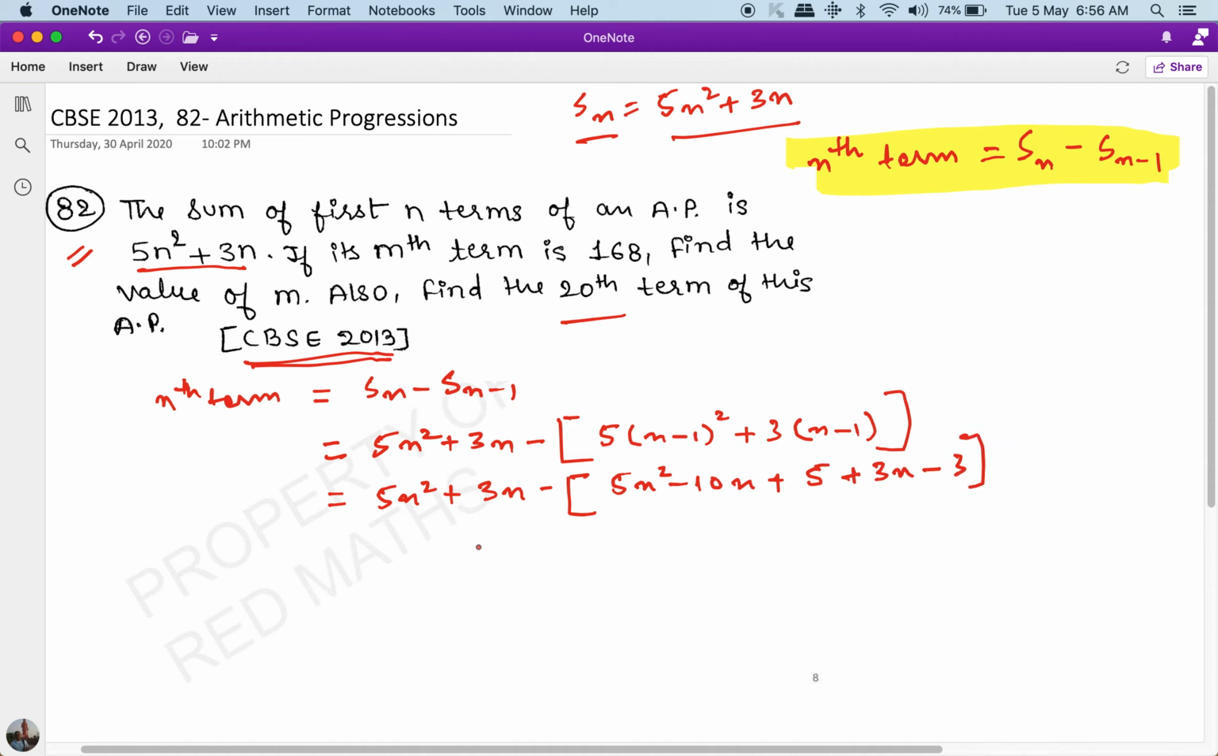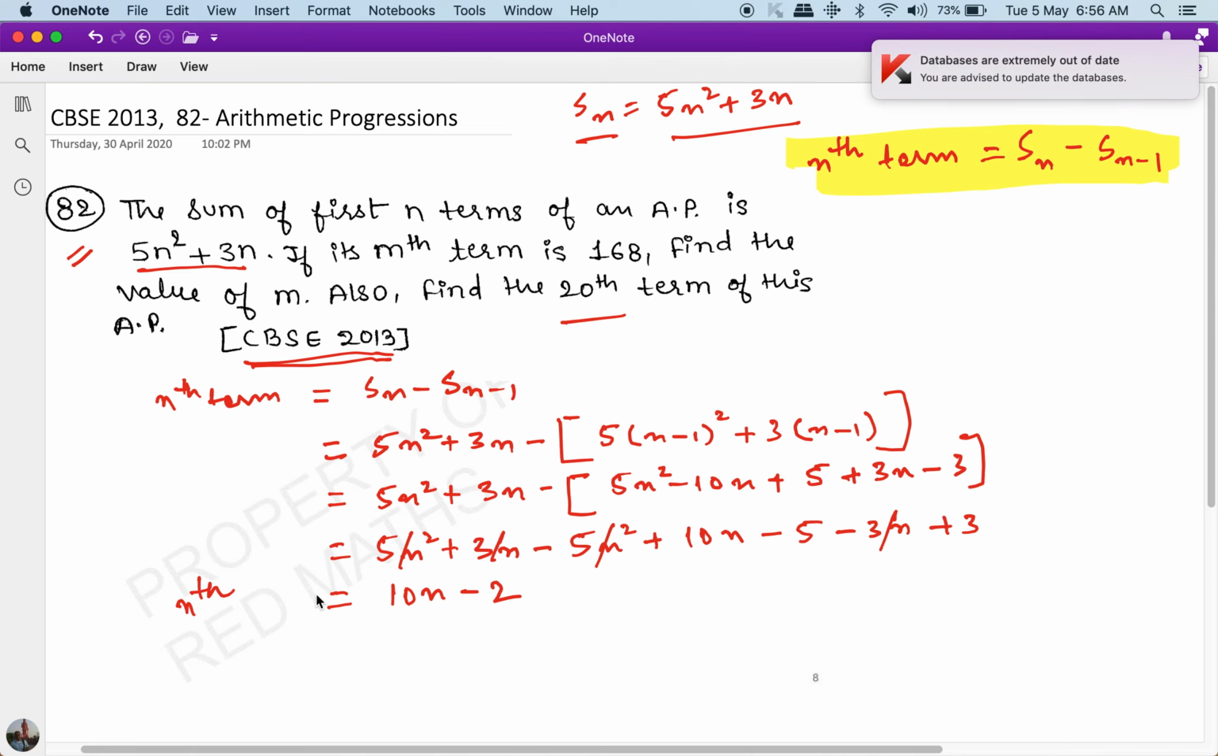minus 3, which is equal to 5n squared plus 3n minus 5n squared plus 10n minus 5 minus 3n plus 3. And this becomes 5n squared minus 5n squared, 3n minus 3n, and this is equal to 10n minus 2. So we know that the nth term is equal to 10n minus 2,